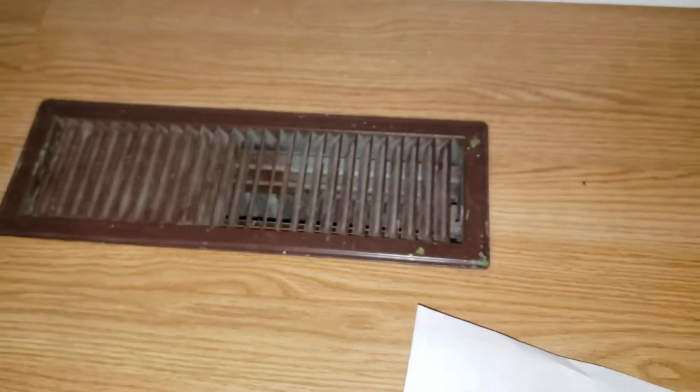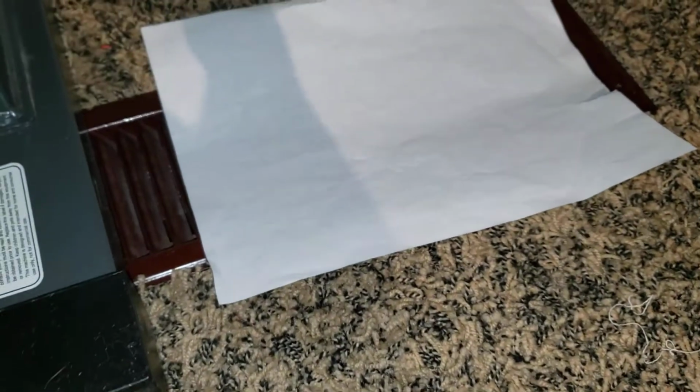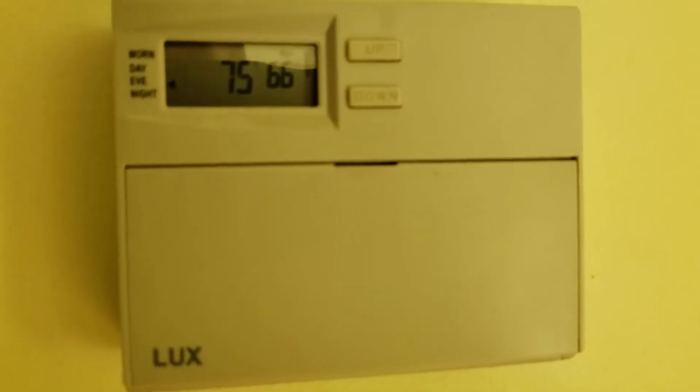Let's go look at some others. Okay, here's another one. There it is. That's actually sucking. I don't know how that works. I mean, you can see that suck the air to it. Let's go find another one. Okay, here's another one. And I mean, that's acting more like a return. Yikes. Okay, so right now it's 75 up here